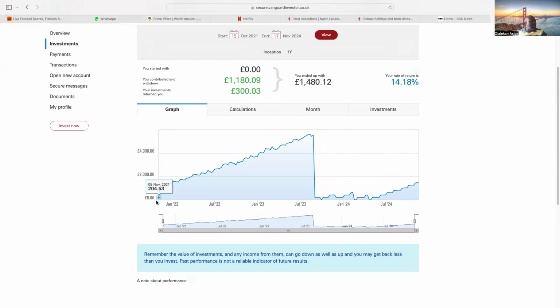And if you see here, it just shows the graph since I started investing in 2001. As at August 2023, I'd made 5,500, including my investment and my return. But then I withdrew that amount to use it for my personal business, and after that I've been investing again.